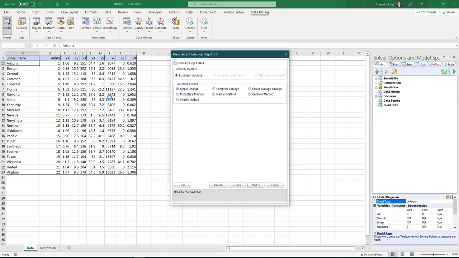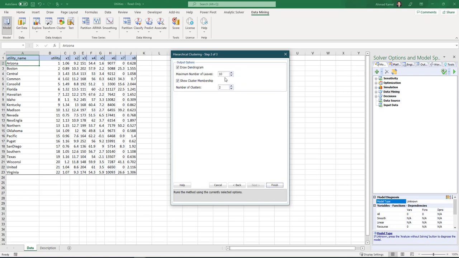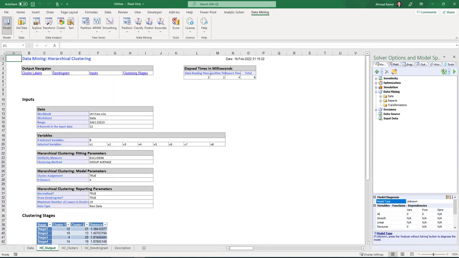And here, because we have some of the data here, so we hit normalize to get all the data on one scale. And I will select the group average linkage here. Hit next. I will select the default 10, and we will talk about this. Number of clusters, I will select 4, and also we will talk about it as well. We hit finish,